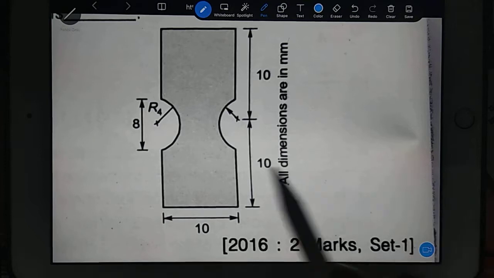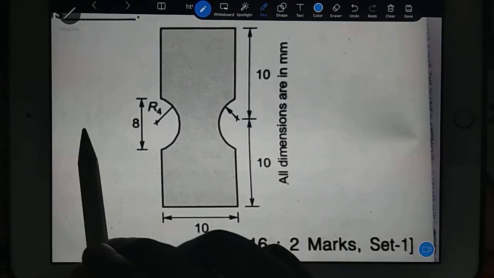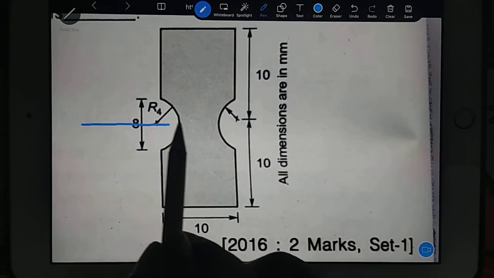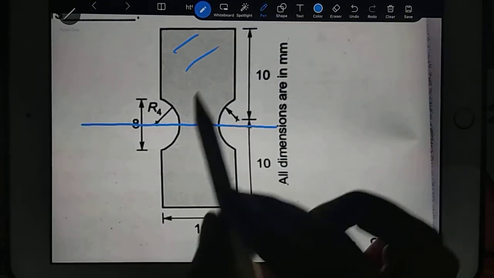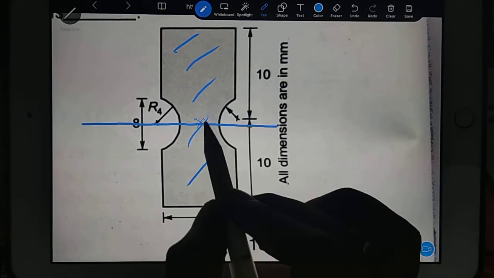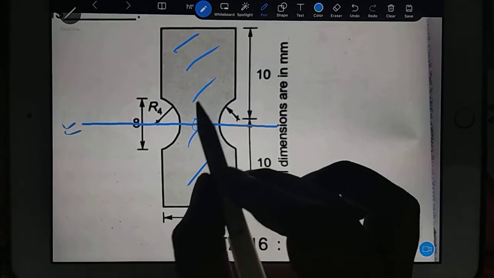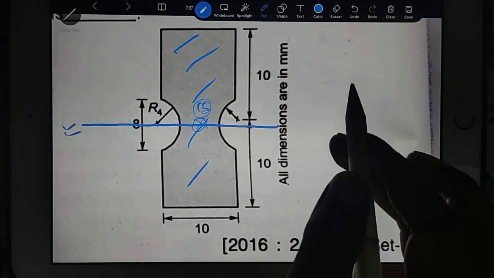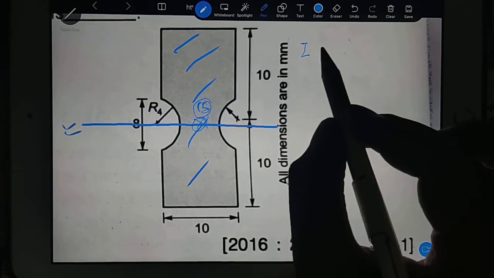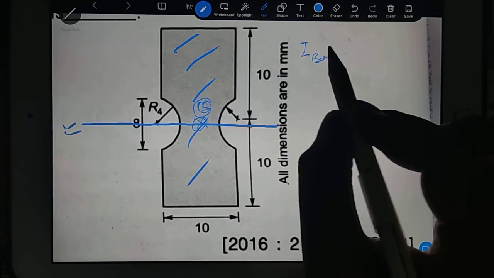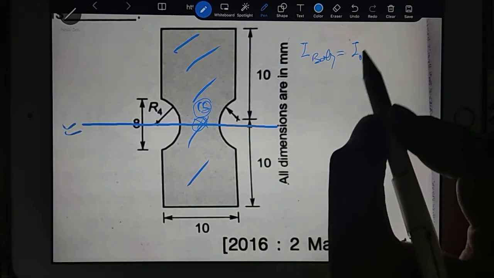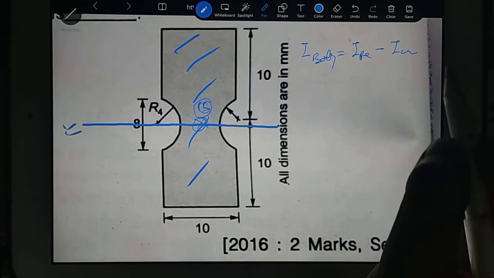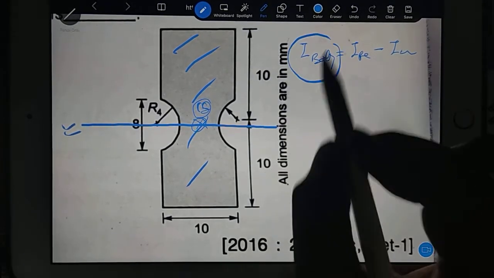Now you see what we have to do. Our job is, first you find out the final moment of inertia of this gray color object about the axis passing through the CG, or you say centroid. So that job we can do. How can we do that job? I of the body which is given is nothing but I of the rectangle subtract I of the circle.